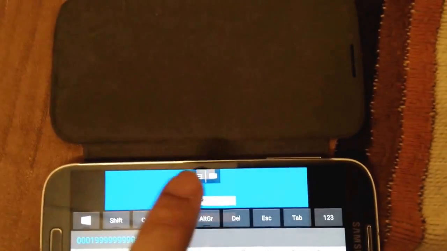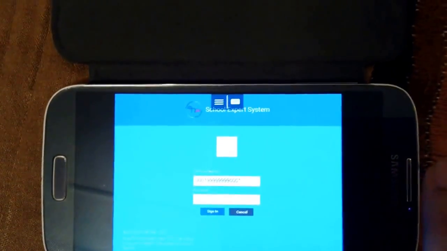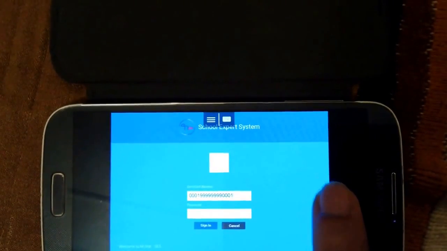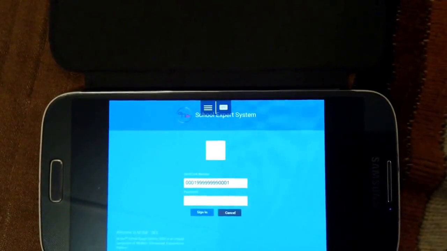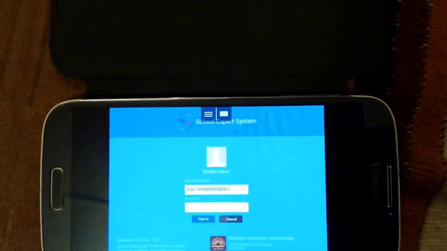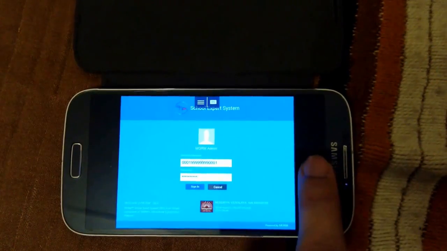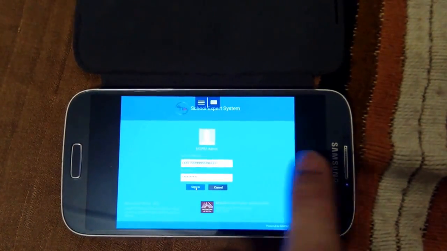So I have entered the username, and as soon as I click on the password text box, if it is a successful login, then I should see the school address and logo, and that is visible. So now I can enter the password. I have entered the password. Now let's sign in into the application,